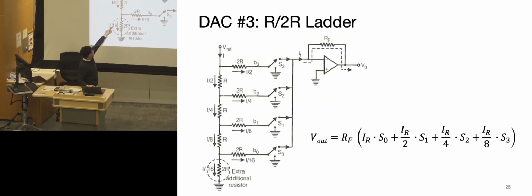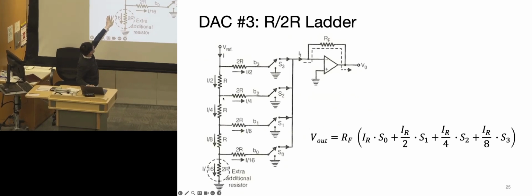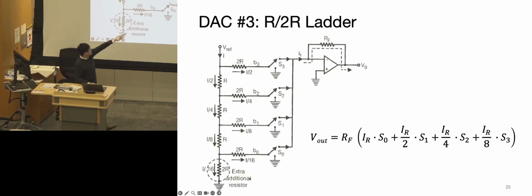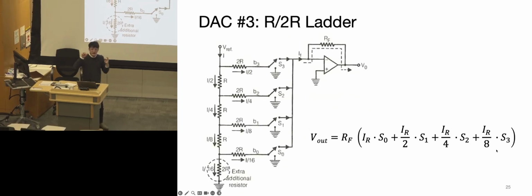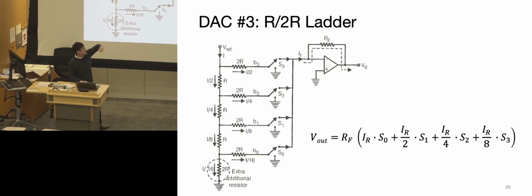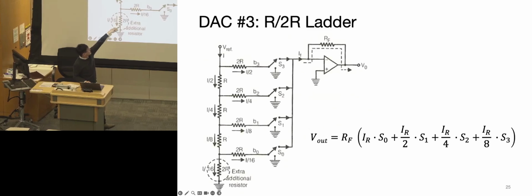So each of these nodes here, from the top down, essentially divides the value by 2. Conveniently, each of these switches, depending on which index of the switch, corresponds to 1 over 2 to the n of whatever the reference voltage has. And then these switches can be individually put down or up, and they combine together to contribute to the Vout. So this is a more,